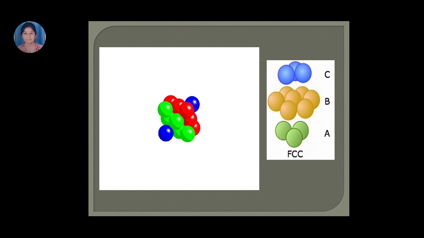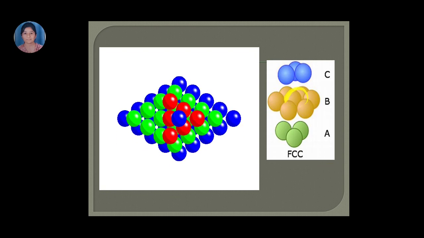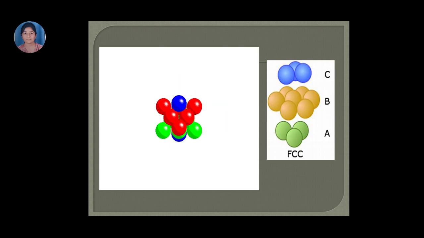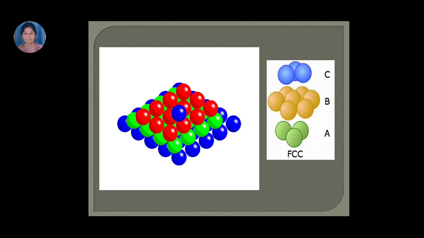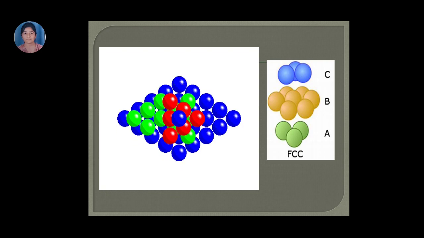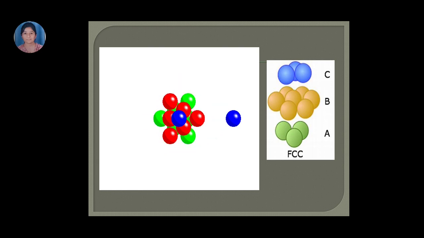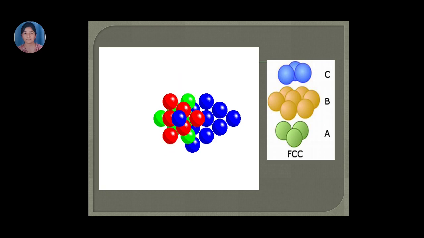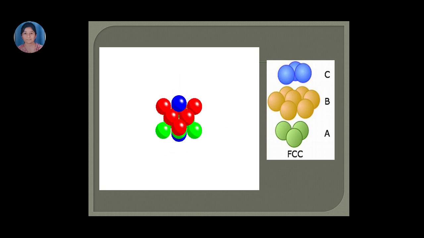If you count the coordination number of this central atom in the B layer, of course that is surrounded by 6 atoms in the same layer, 3 atoms from the layer above and 3 atoms from the layer below. So this will give you in all 12 atoms which are joined to the central atom, which gives it a coordination number of 12. This is the case with FCC,